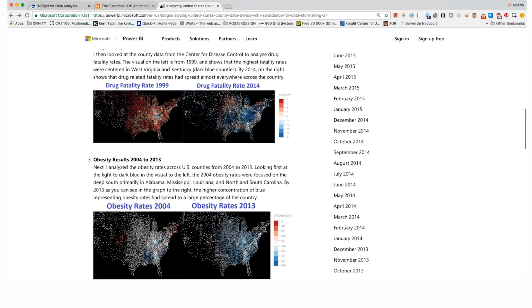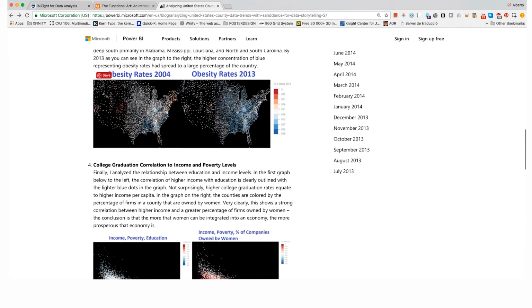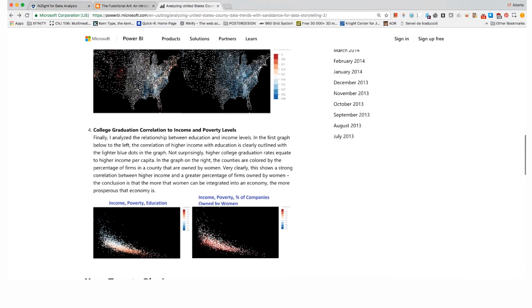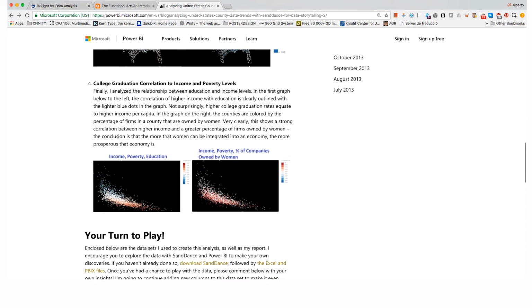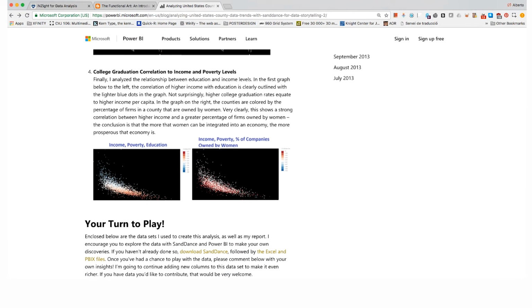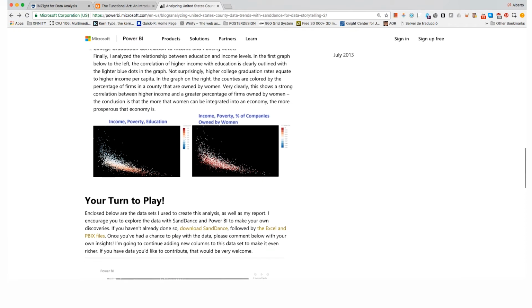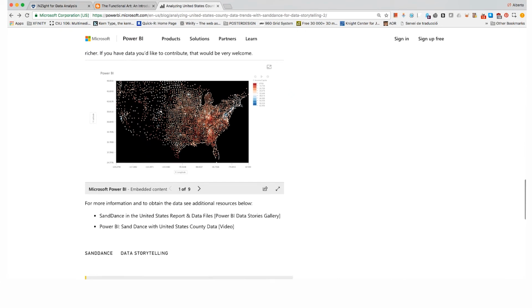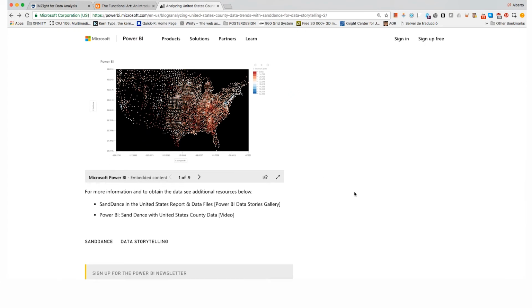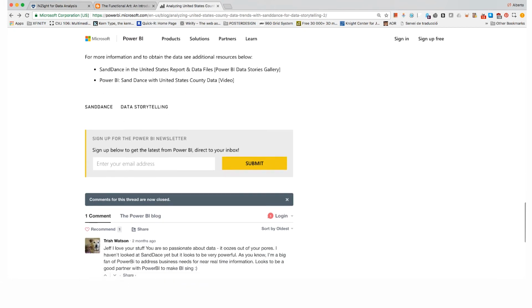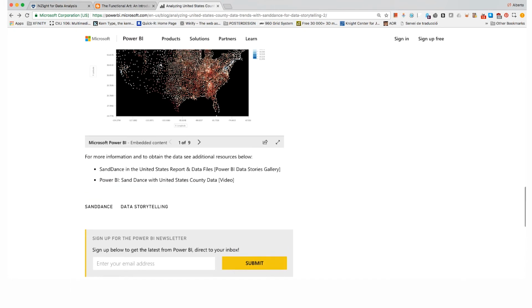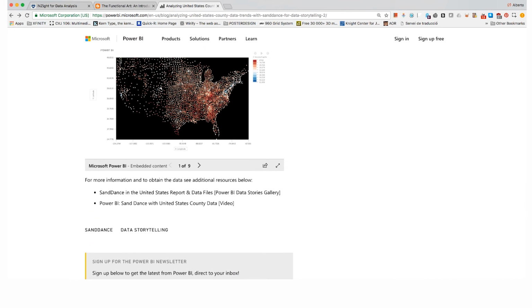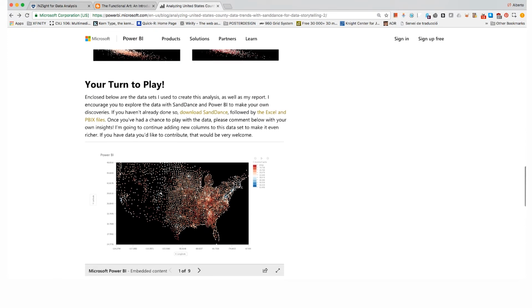So this is county level data. It's a data set that you will soon see in the next videos, with variables such as income, average income, county per county, poverty rates per county, companies owned by women. There's tons of variables in that data set that we can play with, population density, etc. So the data set will be available in the same Dropbox folder where these videos are.